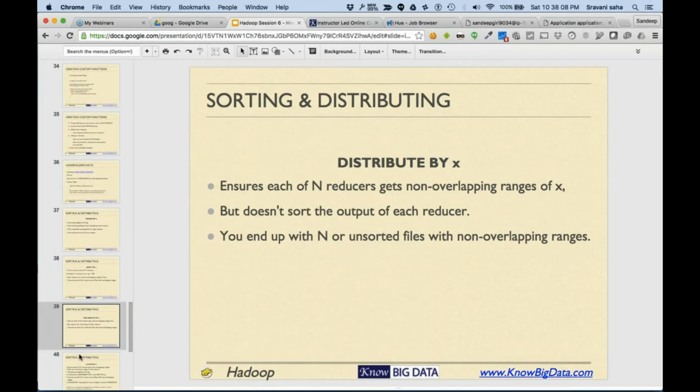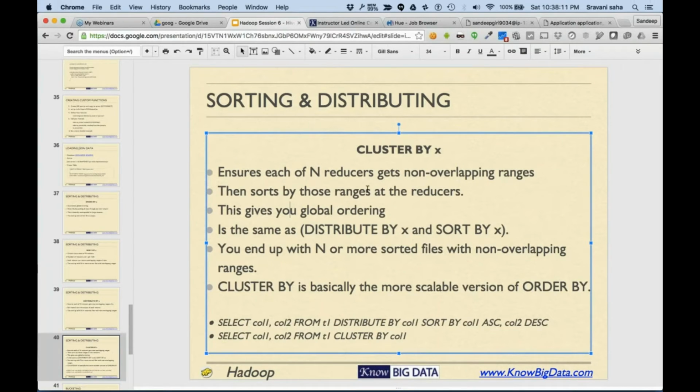If you combine distribute by, which does the partitioning, and sort by, which means multiple reducers, then the result is good sorting using multiple reducers. Basically, distribute by X makes sure that the ranges are not overlapping.